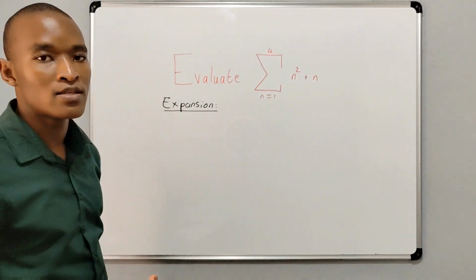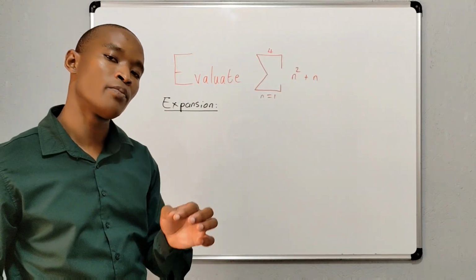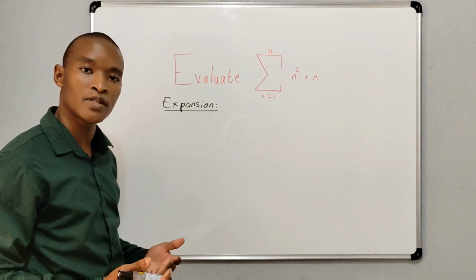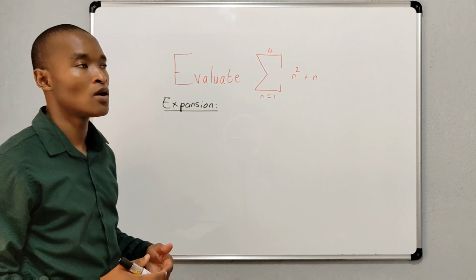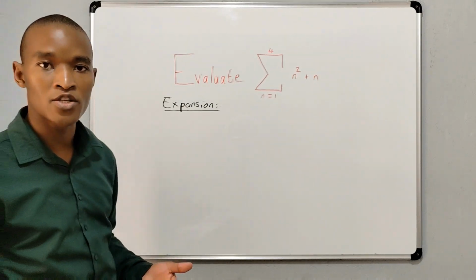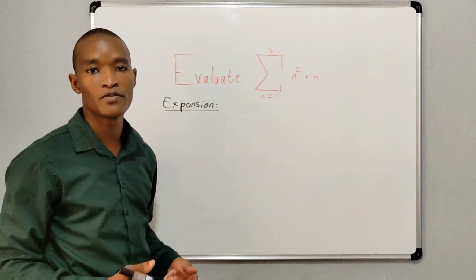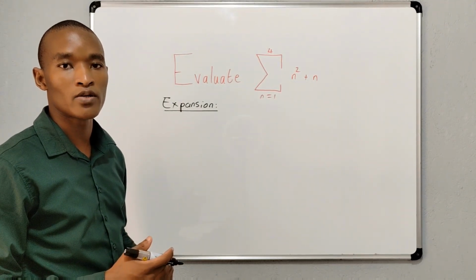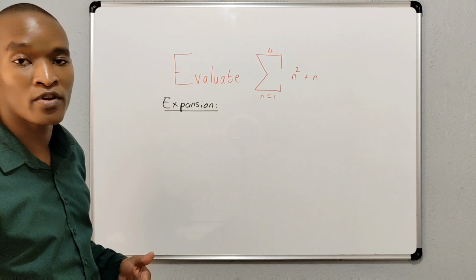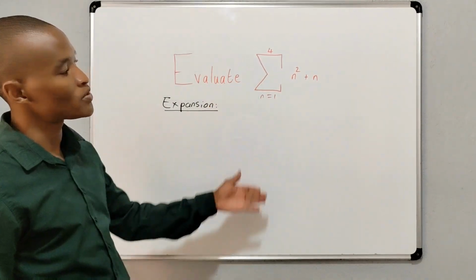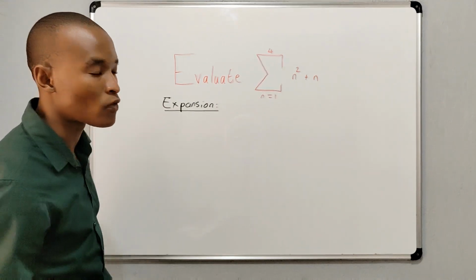You want to do it for at least 3 terms, because then you can pick up the pattern there, or the constant difference if it is an arithmetic series, or the constant ratio if it is a geometric series, or in this case you'll be looking for the constant second difference in a quadratic series, which there may be follow-up questions based on that. Okay, so we're given 4 terms here, so we can do it for all 4 terms,